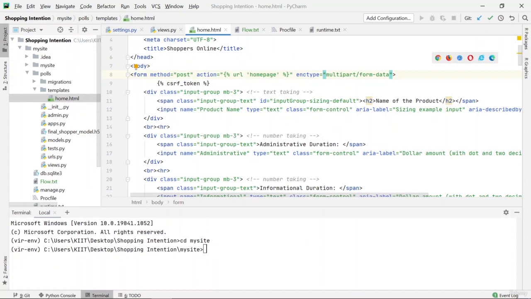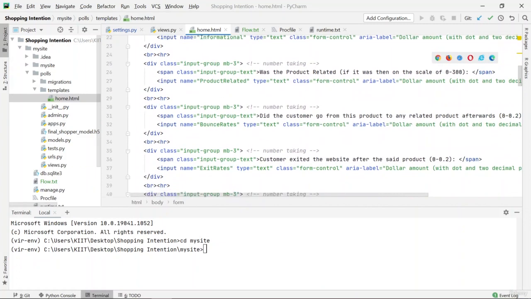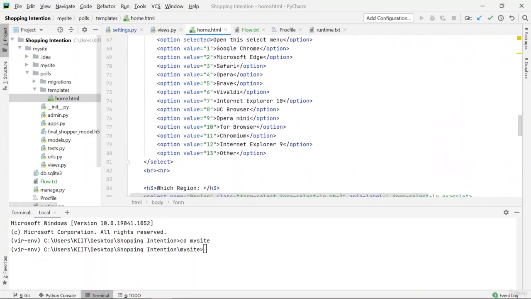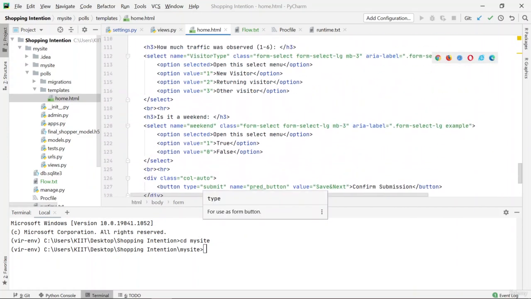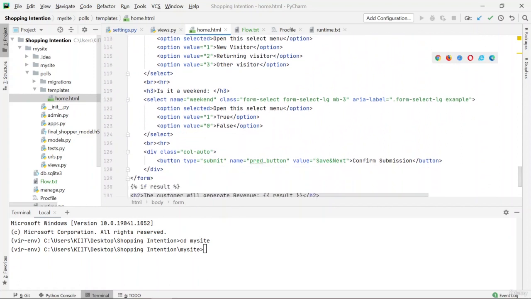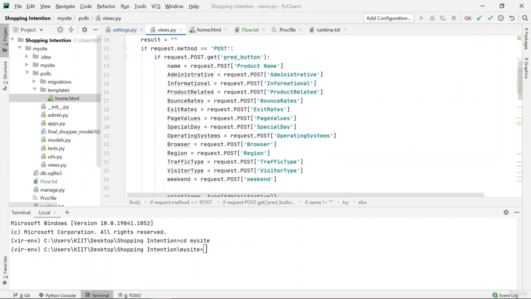Yeah. So you can see that there's a form and it has some of the inputs that it is taking. A lot of inputs, I would say. And then at last it is asking you to submit this. Okay, so once you submit, all of that data comes through to the views,